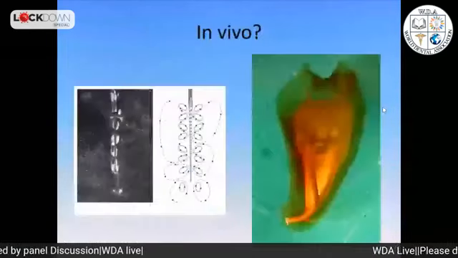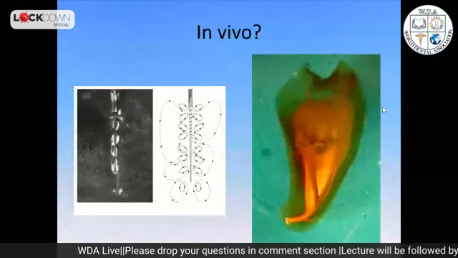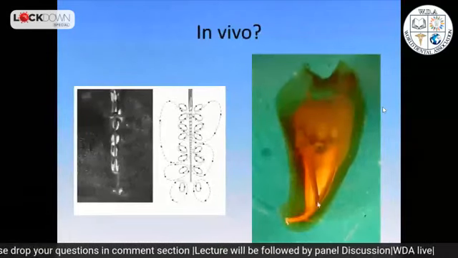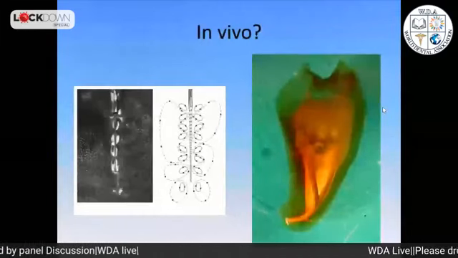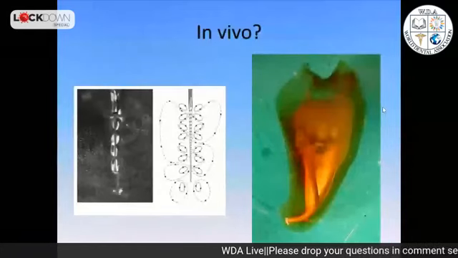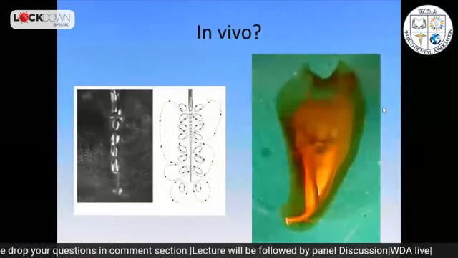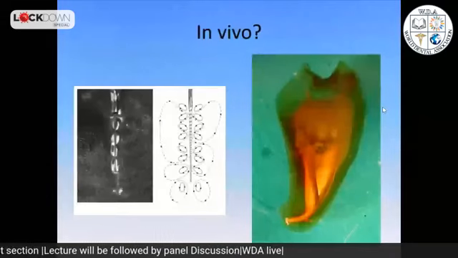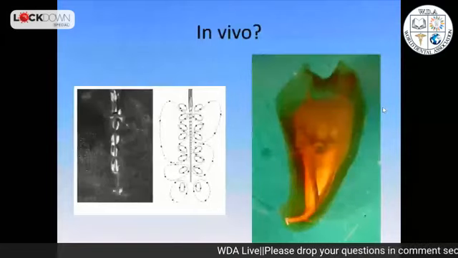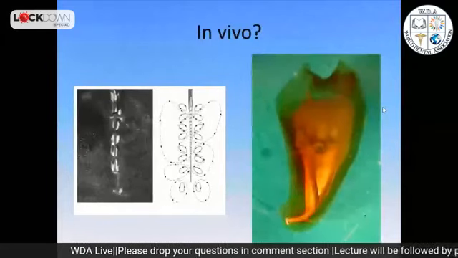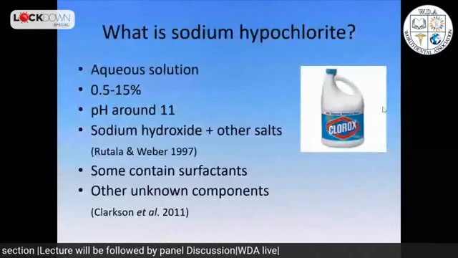Now, I always ask myself, will this really happen if I'm inside the root canal? Let's say this root, where we have two canals that merge apically: will the ultrasonic tip be free enough to allow this sort of movement? So perhaps we have some action, but it's a little bit limited by the fact that we are working inside a tooth. There are some physical restraints. So what happens is that maybe sonic and ultrasonic do not have such a big difference, but this is all in vitro. We always need to think that we are agitating, but what are we agitating?